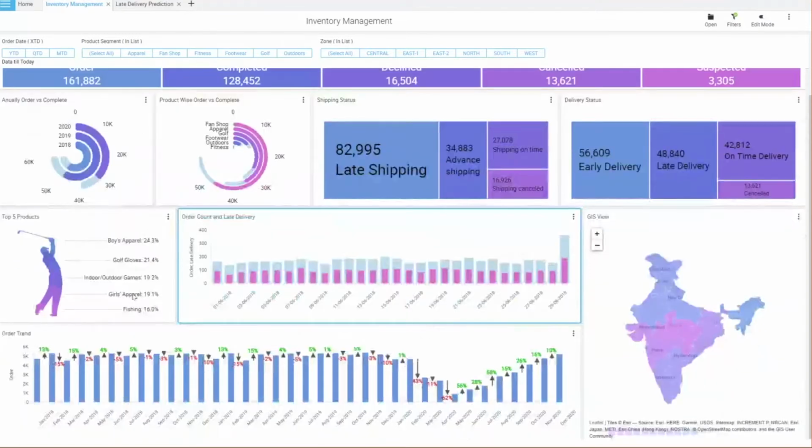And now, in the form of variance indicators, I wanted to see the order trend, which is, for each of the months in those years, 2018, 19 and 20, what was the order trend? And the percentage increase and decrease being automatically drawn using variance indicators, which is inbuilt. So now you draw any periodical analysis across or against the order count, you'll see how was the decrease and increase.